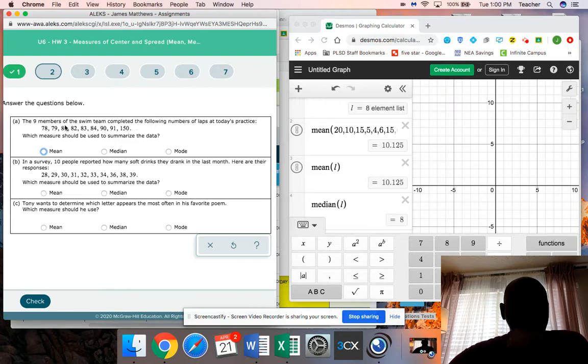Okay, answer this question. The 9 members of a swim team completed the following number of laps at today's practice. It's this list of numbers. Notice that it is in order. Which measure should be used to summarize the data? Now, part B is going to do something similar. Part C, we'll talk about in a second. But given this information, data is affected more